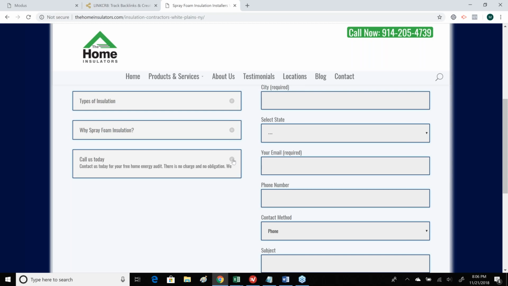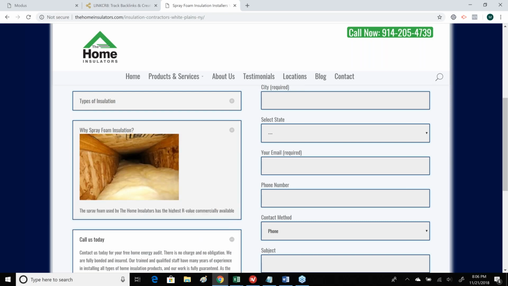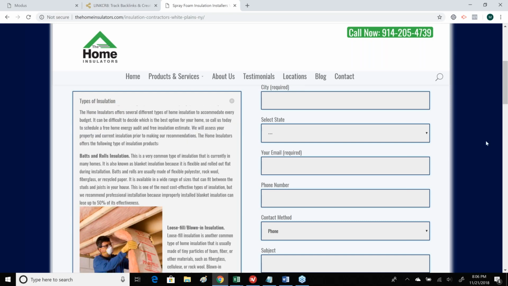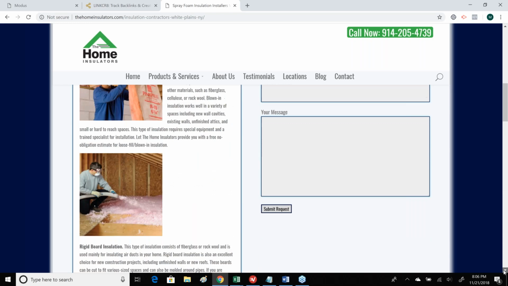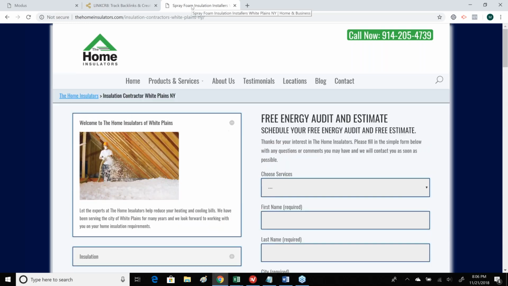So what I do is I actually have, for instance, all of this content here. If we expand all these boxes, this page is designed to rank just for insulation terms in White Plains, New York. We have a GMB there, and so we want this to actually